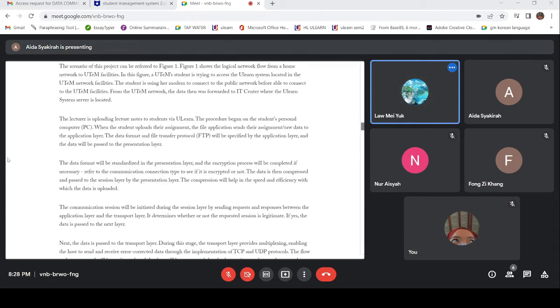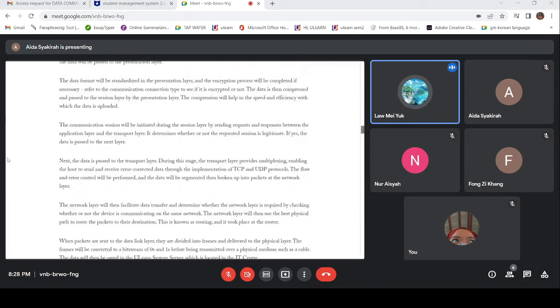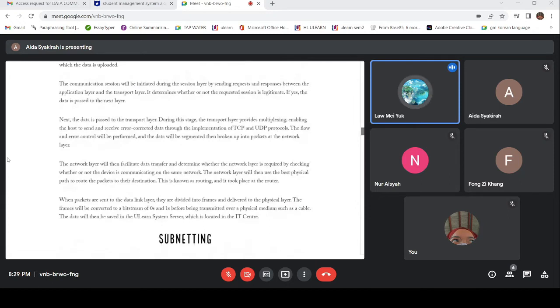Next, the data is passed to the transport layer. During this step, the transport layer provides multiplexing, enabling the host to send and receive error-corrected data through the implementation of TCP and UDP protocols. The flow and error control will be performed, and the data will be segmented, then broken up into packets at